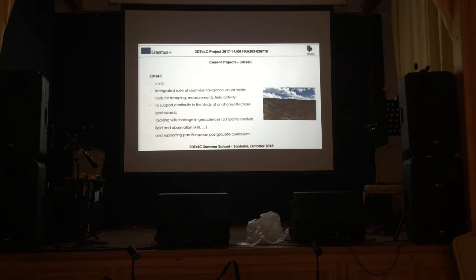So what we're looking to do here is to tackle the skill shortage in geosciences, like Malcolm mentioned to us in the morning in his introduction, and of course use this as a basis to support the pan-European postgraduate curriculum. So effectively the idea is to train the geologists of the 21st century, right, that are competent in using emerging technologies such as VR, and that will be able to tackle big data as this comes along. But you see in other areas, for example, astronomy, it's coming along already now, right? And it will come also in your area too very, very quickly.